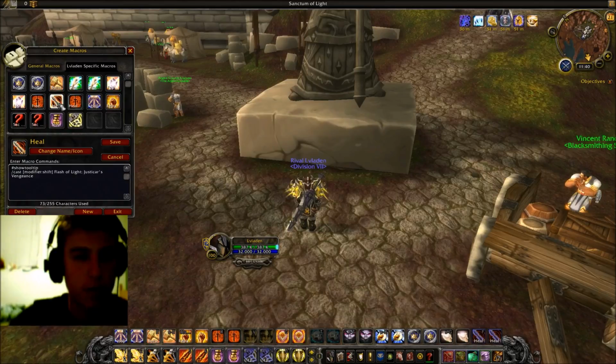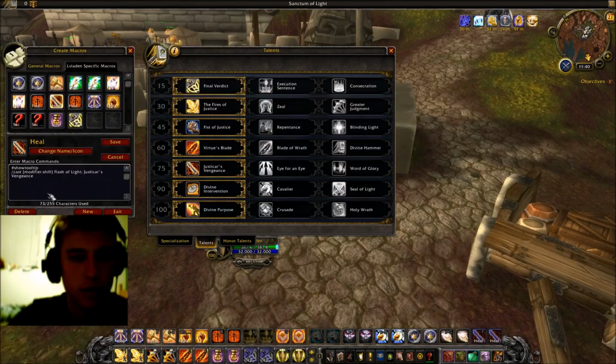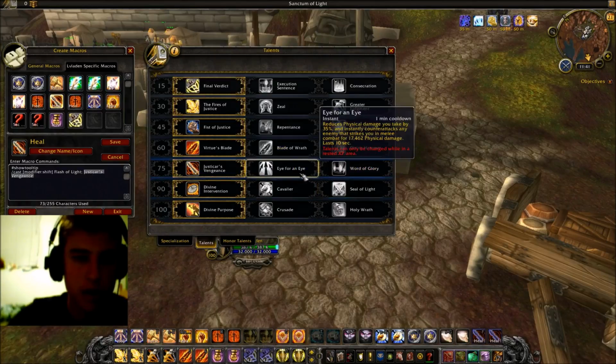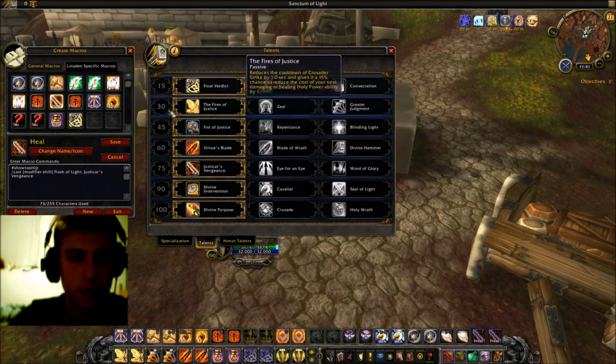We have my heal. Now, this macro takes part with Flash of Light. It's a shift modifier macro, so if I press shift and the keybind, which I have here as F, it will press Flash of Light, but if I just press F down here, it will use Justicar's Vengeance. And if you remove Justicar's Vengeance from this macro and put in Eye for an Eye or Word of Glory, it will do the same thing. You'll have the base button, no shift, be Justicar's Vengeance, and with shift, Flash of Light. So then we also have